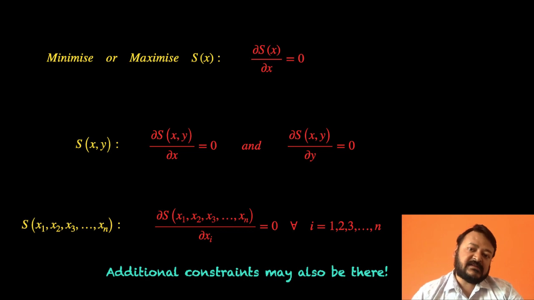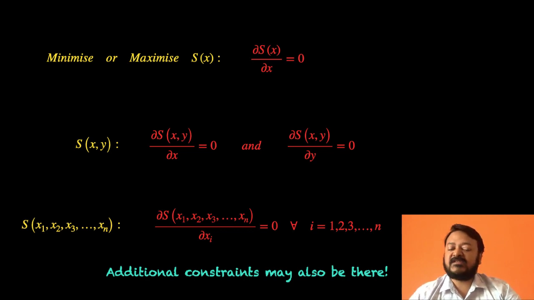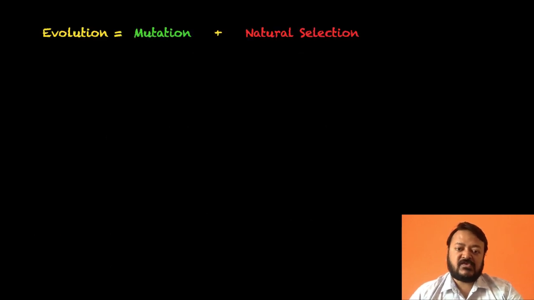Genetic algorithms, as the word genetics suggests, are inspired by evolutionary biology. We will not get into too many details of biology, but it is important to understand some basic concepts of biological evolution in order to appreciate the concept of genetic algorithms. Evolution is a very complex topic, and books and books have been written on it. We will not get into all those details, but for our purpose, it is sufficient to understand that evolution essentially consists of two processes or two steps. One step is mutation, and the other step is natural selection.